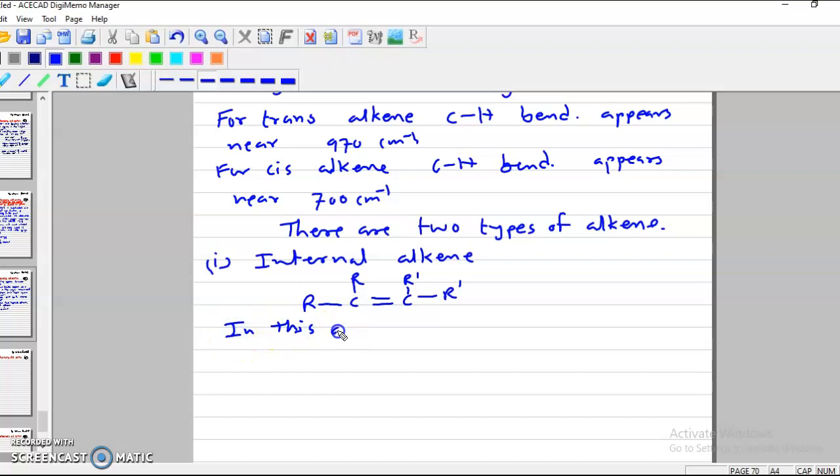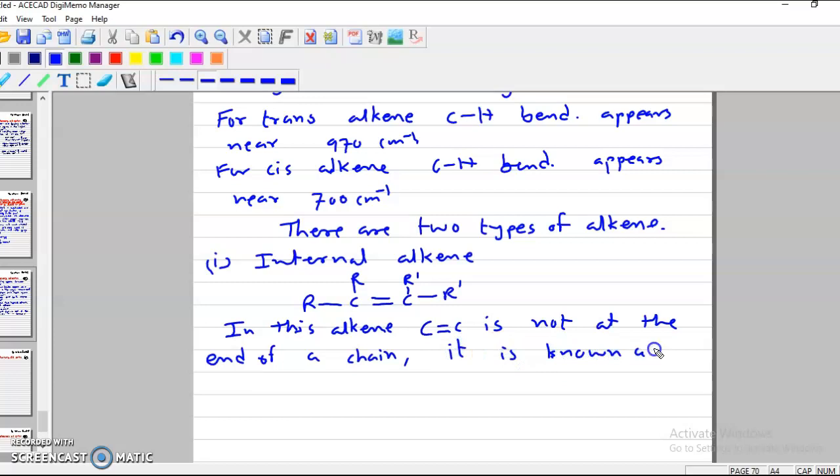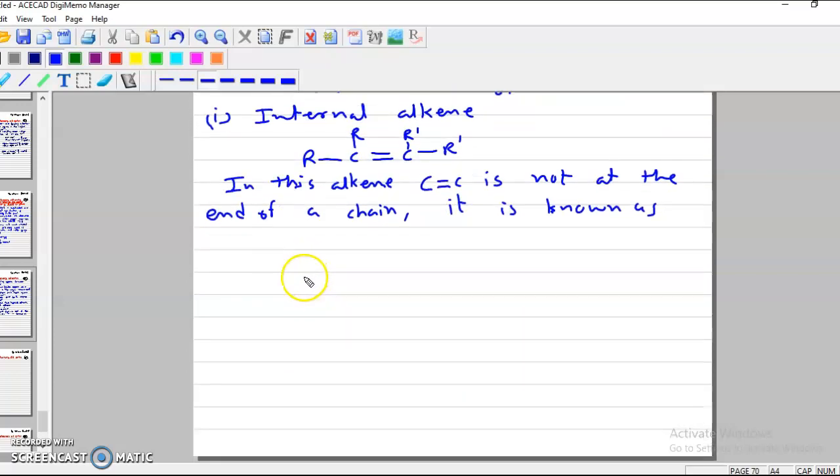In this alkene, C double bond C is not at the end of a chain, and it is known as internal alkene,